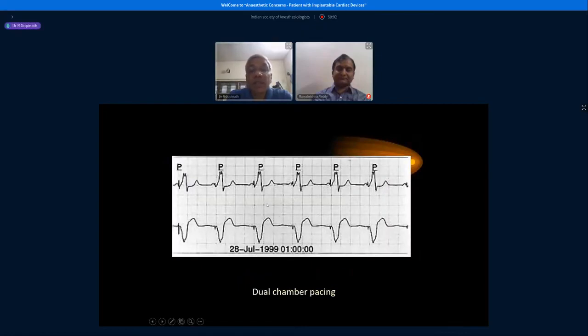This is basically a dual chamber pacing, that is, it is both the atrium and the ventricle. So this is basically an atrial sense. This means this patient has probably got a complete heart block. AV conduction abnormality is there. So you have an atrial spike and a pacing ventricular spike. So you have both of them. So this is dual chamber pacing. Dual chamber pacing is very important because your atrial component, or the atrial kick, the P wave itself, maintains the cardiac output better than either atrial or ventricular pacing alone.